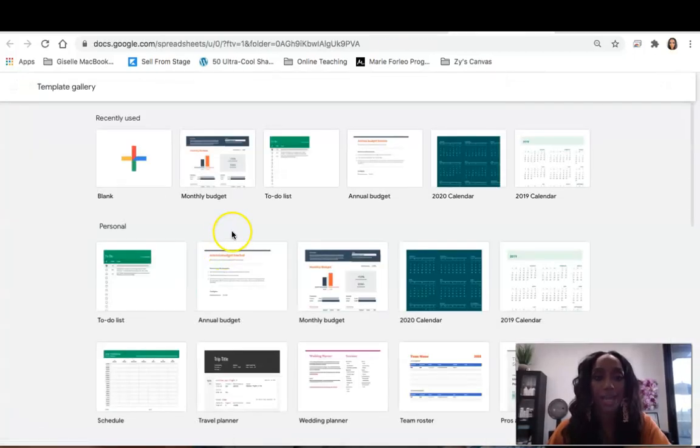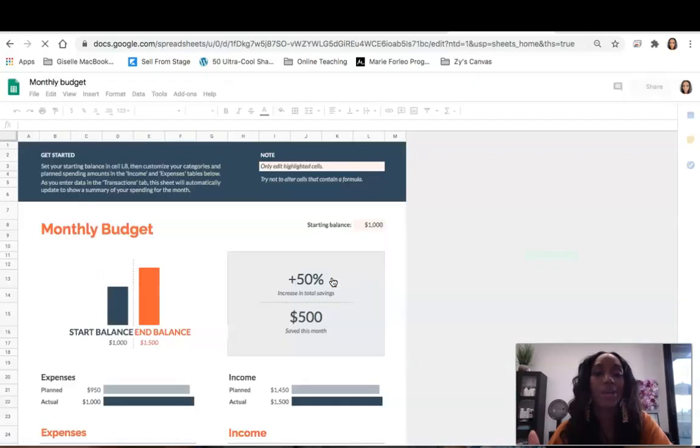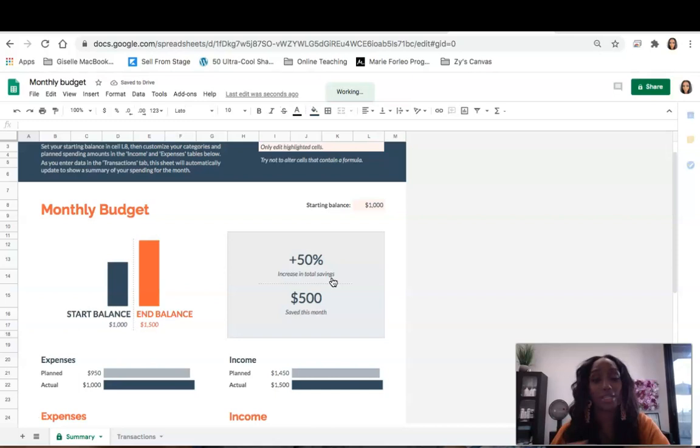Now once I do that, I'm going to decide which budget I want to create. I definitely want to create a monthly budget. I use one similar to this one, so let's select this. The reason why I want to use a template versus creating my own is, one, I'm not very good with Excel and creating the formulas that's going to calculate for me, but if I use a template such as this, it does all the work for me, so it's better to do this.